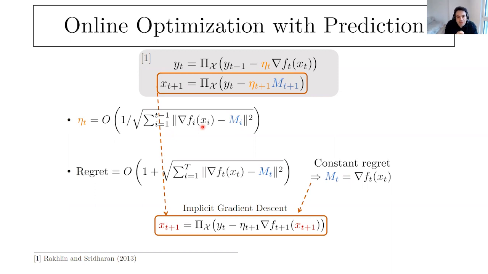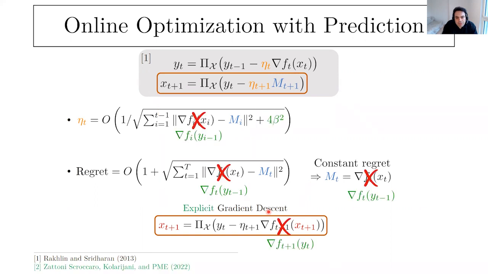Now, in this context, the work that we propose is to try to circumvent this phenomenon of implicit gradient descent. And the small modifications that we made to the algorithm are those green parts. The green parts that you see here are the small modifications that we made to Rakhlin's algorithm. So first of all, we make the step size conservative in the sense that we have some constant term here. If you are interested in what beta means, it's the smoothness parameter.